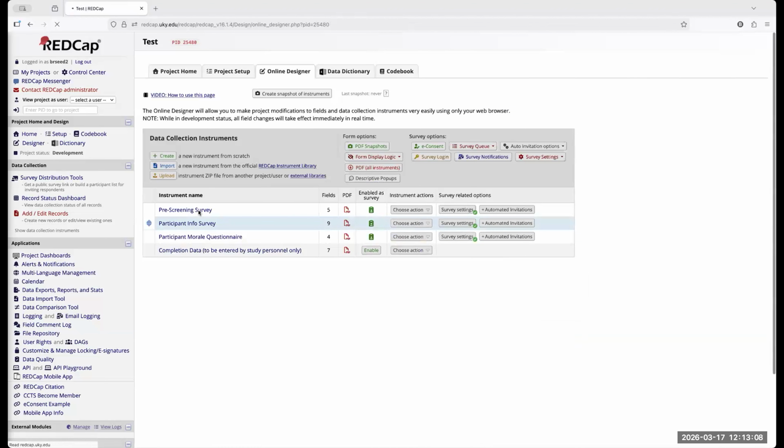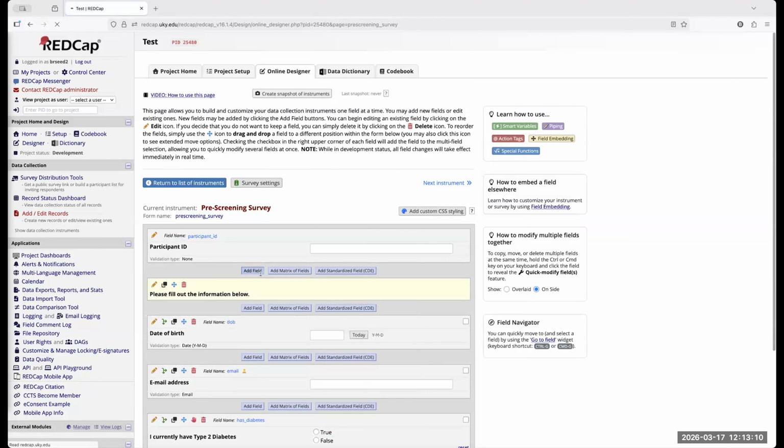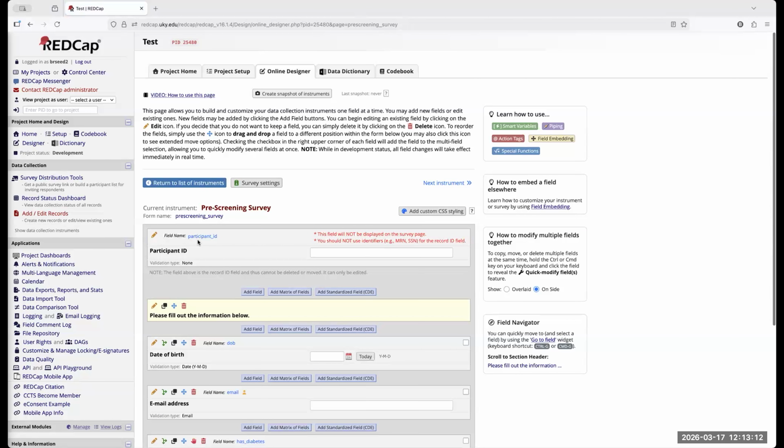And the reason is that REDCap needs this participant ID or record ID as a way of distinguishing each row of data. So I recommend, do not modify this. REDCap will automatically put a sequential number in this for you. Your participants will not see this.